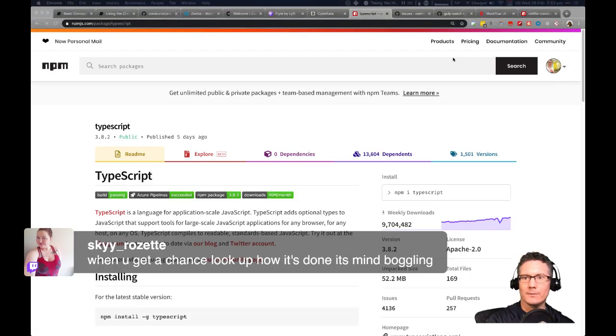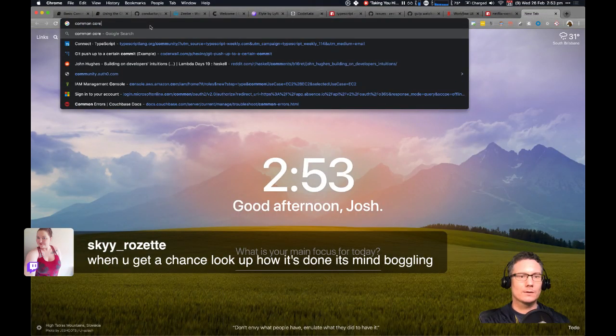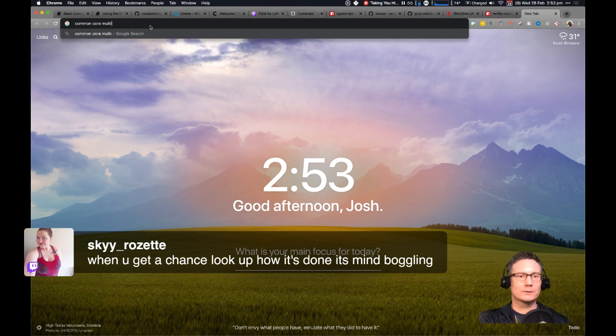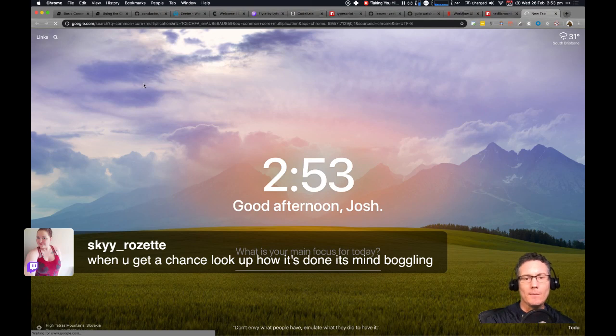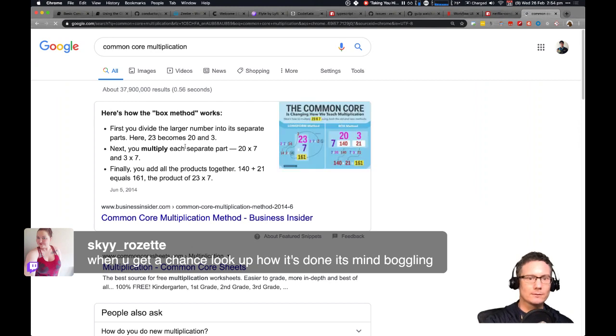Well, you know, I'm actually very easily distracted, so let's have a look. Common Core multiplication. Okay, when they say divide the number, they mean like separate it: 20 and 3.